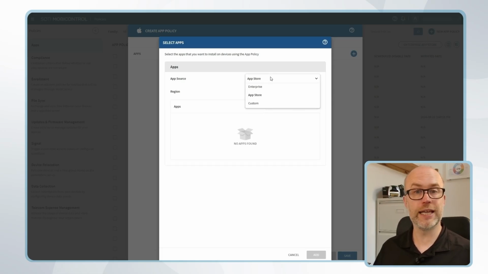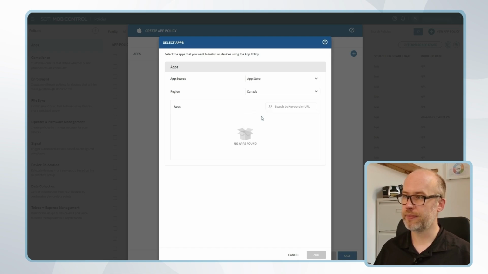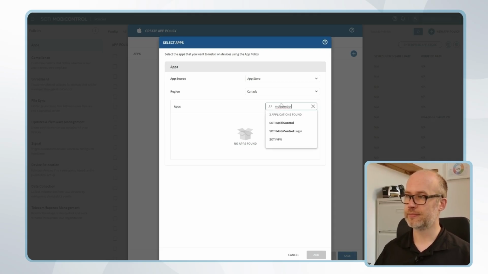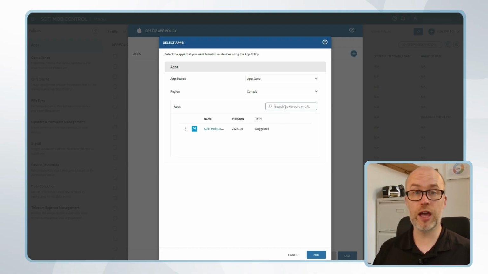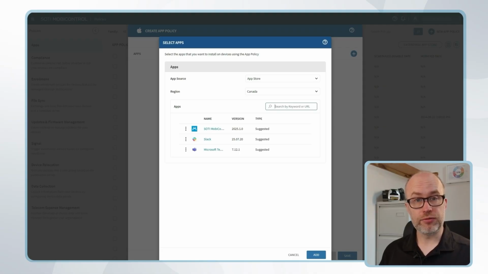In this example, I'll select App Store and I'll also select the region. And now it's a case of just searching for the applications that we're looking to provision to the devices. The first that we had was the SOTI MobiControl agent. And I'll continue this process with the other two applications that I requested on Apple Business Manager. Now that we have our three applications referenced,